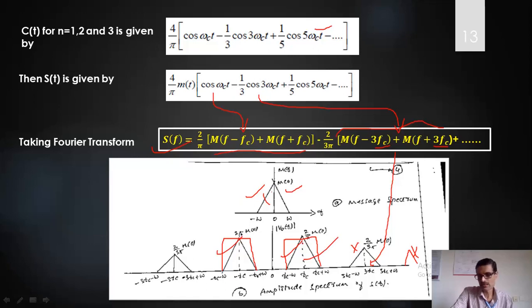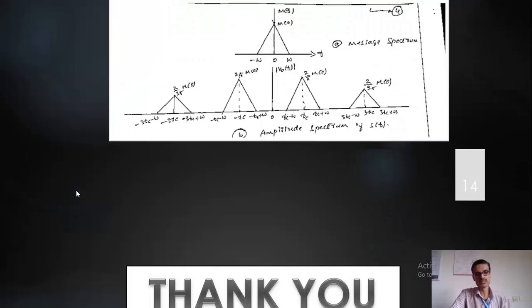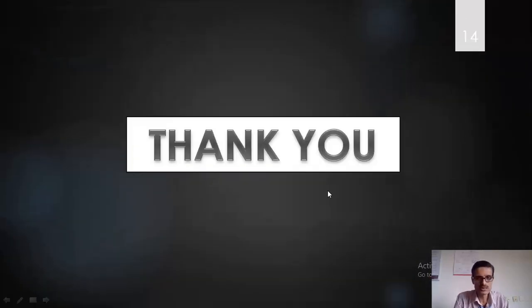It allows only the component in which I am interested. I have shown the carrier as a dotted line. That means in this case I don't have a carrier; there is no delta function for the carrier. The carrier is suppressed, and I get only either the lower sideband or the upper sideband. So in this video, I explained how the ring modulator is used to generate two sidebands, upper sideband and lower sideband, and how we can eliminate the carrier. I hope this was understood.